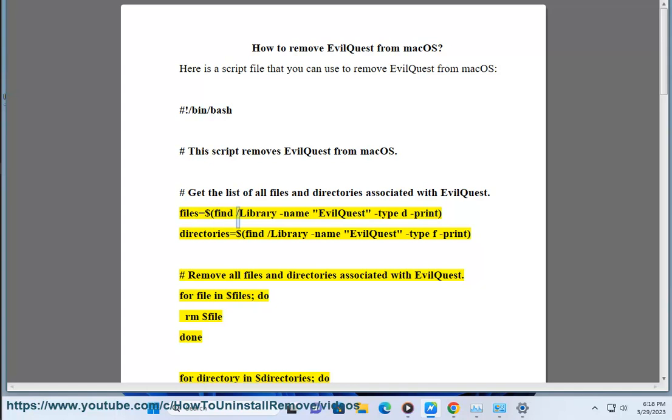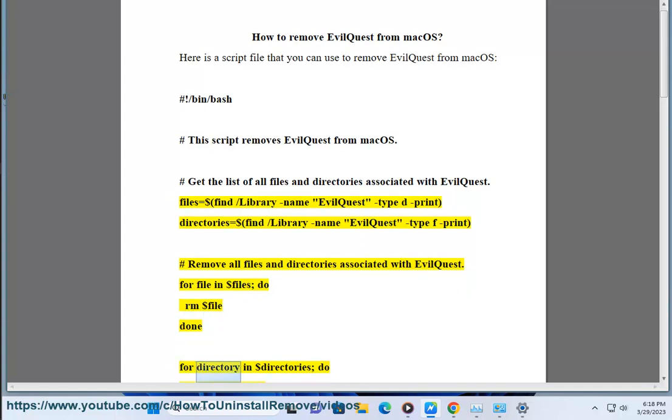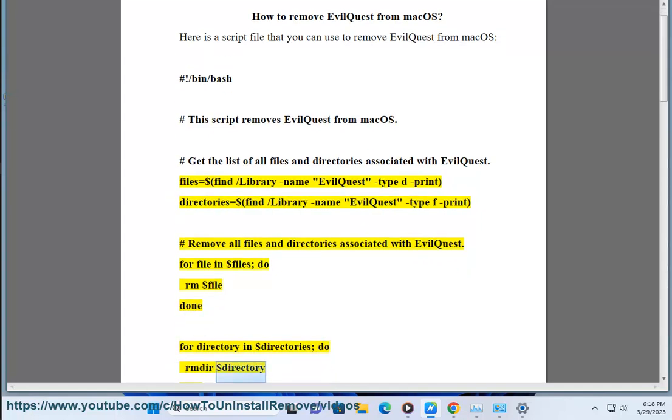files=$(find /Library -name EvilQuest -type f -print) directories=$(find /Library -name EvilQuest -type d -print) # Remove all files and directories associated with EvilQuest. for file in $files; do rm $file; done for directory in $directories; do rmdir $directory; done